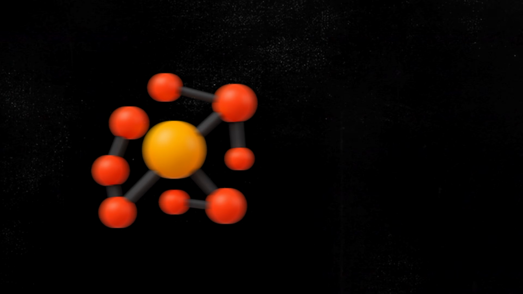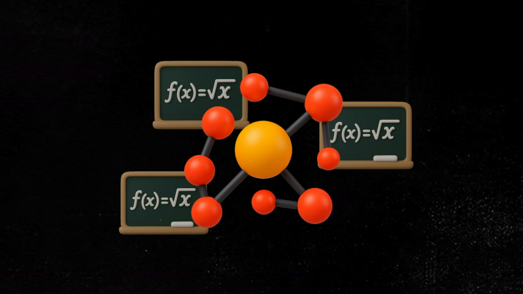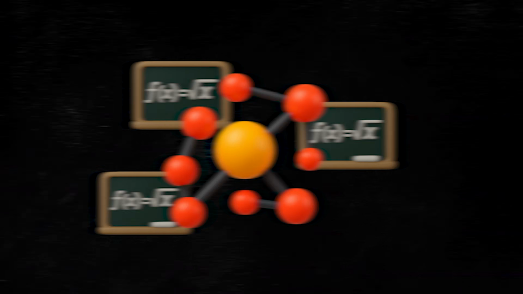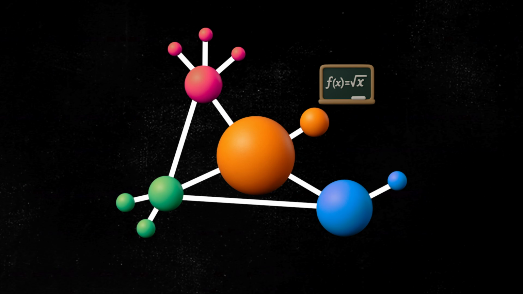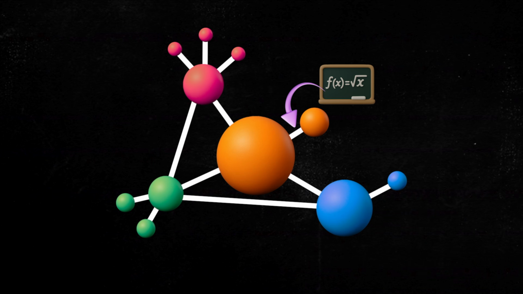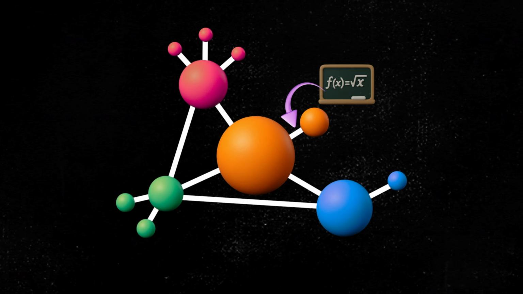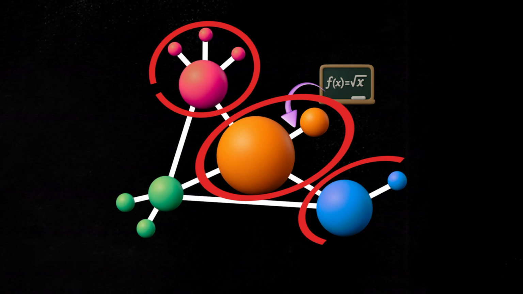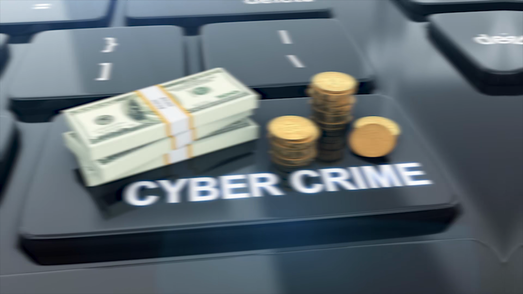And yet the best part is that you can perform various mathematical operations across different parts of the graph too. Depending on the use cases, you might decide to calculate things like the shortest path between the nodes or identify the most influential nodes in the network through centrality measures, or you can even detect clusters of related nodes using community detection algorithms. Knowledge graphs have already been used in many areas, from improving fraud detection to search engines